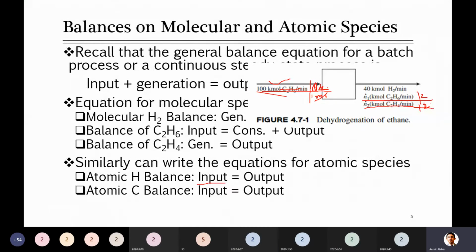Look at where hydrogen is coming from. You have to look at this. Hydrogen is coming from this molecule. Hydrogen is not available as an atomic species here. Hydrogen is part of a molecule, and that molecule is C2H6. If I take 1 mole of C2H6, then there are 6 H in 1 mole. But here how many moles are there? 100 kilomoles are in this system. So it will be 6 multiplied by 100 kilomoles of hydrogen at the inlet. Agree?